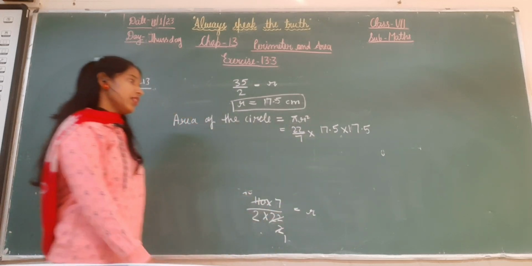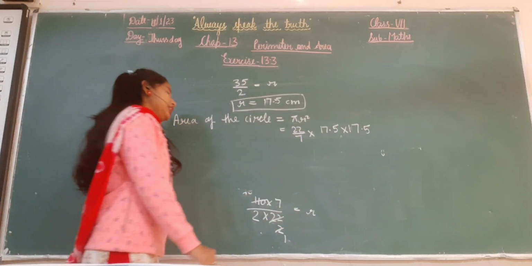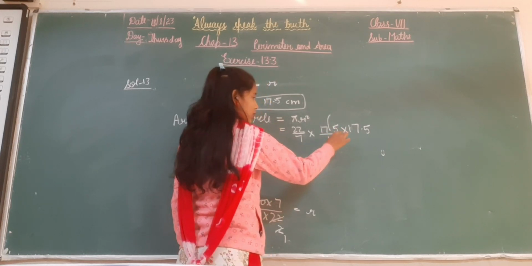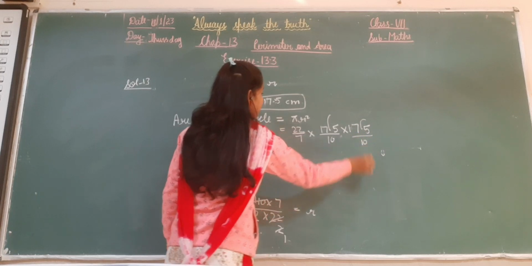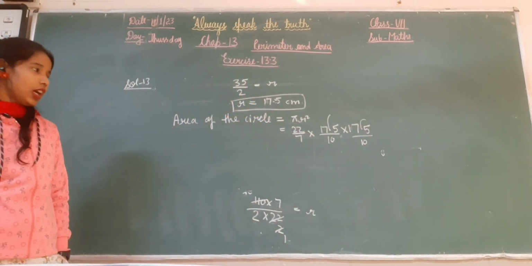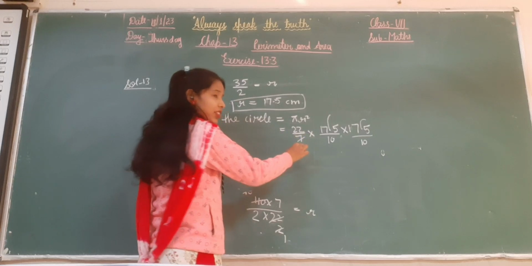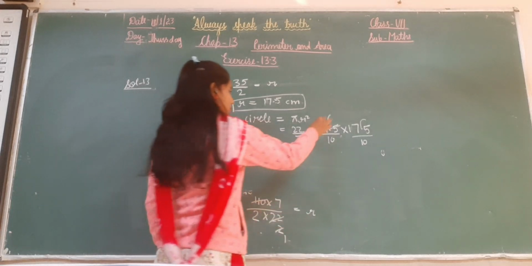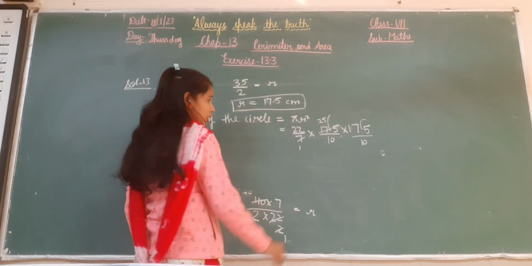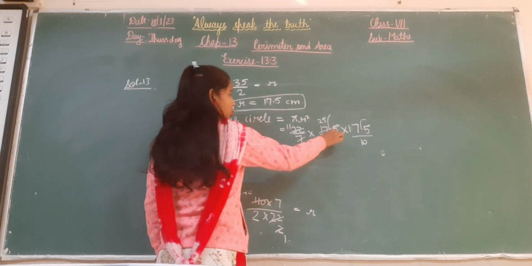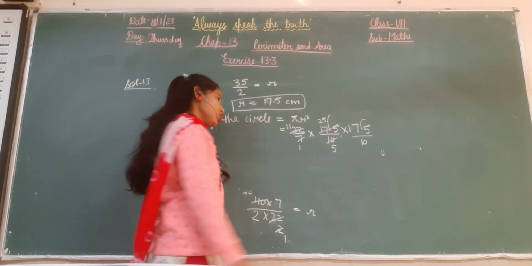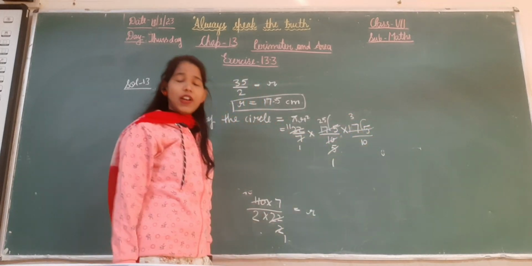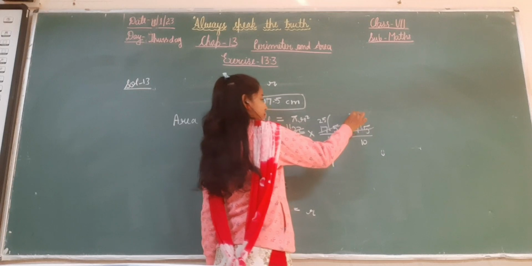Square means 2 times, right? Now remove the decimal from here, it will become 10. When you remove the decimal from here, it will become upon 10, right? Now 7 is a 7, 7 2s are 14, 3 is left 35. Now 2 1s are 2, 2 1s are 2, 2 5s are 10, right class? So 5 1s are 5 and 5 3s are 15, 2 is left 25, so 5 5s are 25.